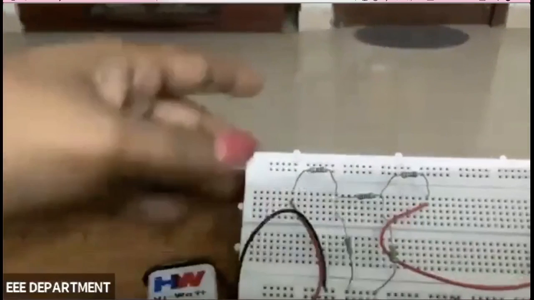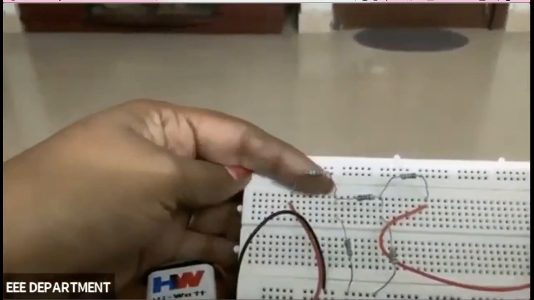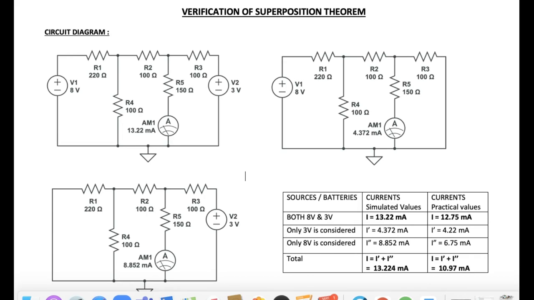Now we will see verification of superposition theorem. In this verification of superposition theorem, I have considered 5 resistors: 220 ohms, 100 ohms, 100 ohms, 100 ohms, and one is 150 ohms. Now, considering both the batteries, using simulated values as well as manually calculated values, we will be getting the current